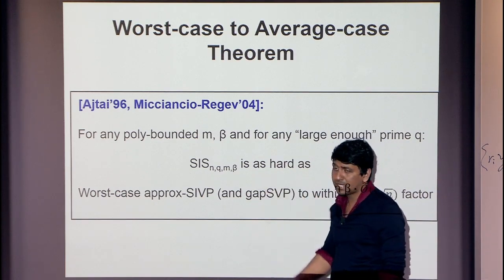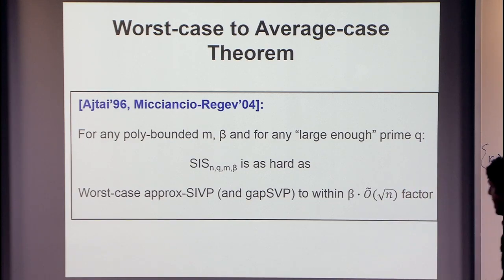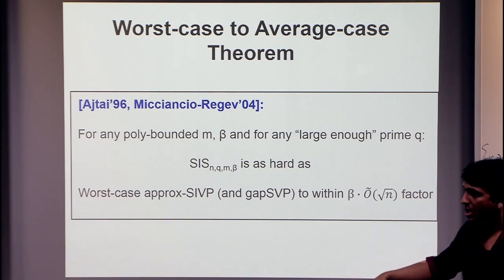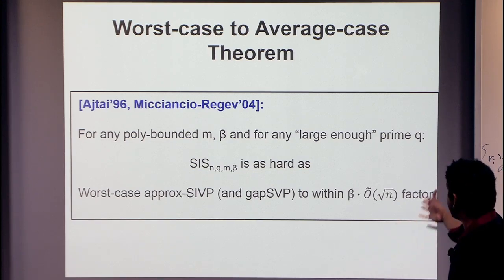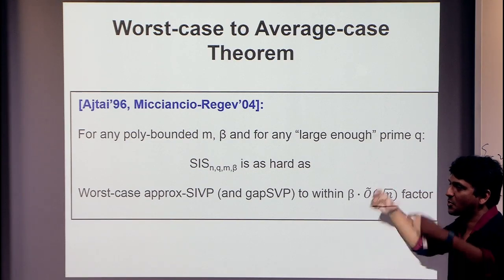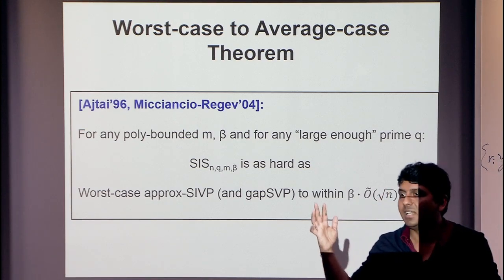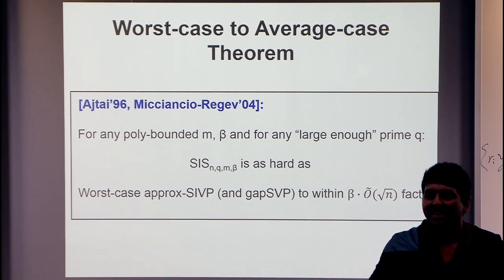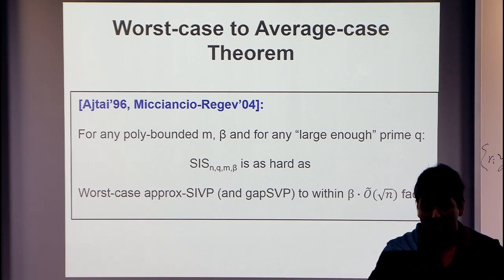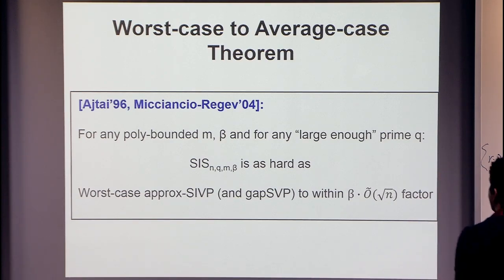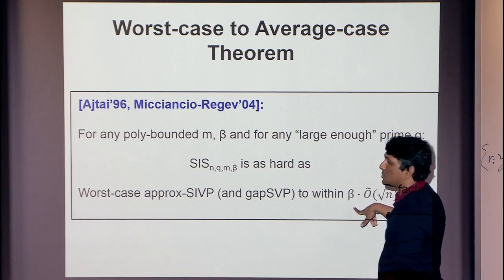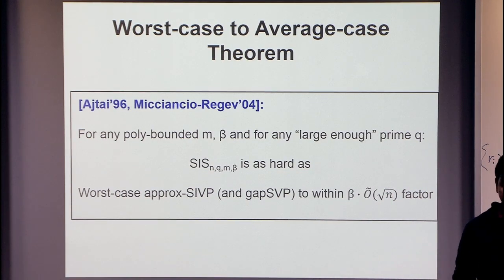And what does beta have to be? Beta is something like the standard deviation of the Gaussian, which is about lambda_n times square root n, or the length of the vectors is lambda_n times square root n. So you add them up, and the square root n and square root n add up to n, so you get something like lambda_n times n. This is in fact the best we know at this point. In other words, this is the best approximation factor we know for the hardness of SIS.